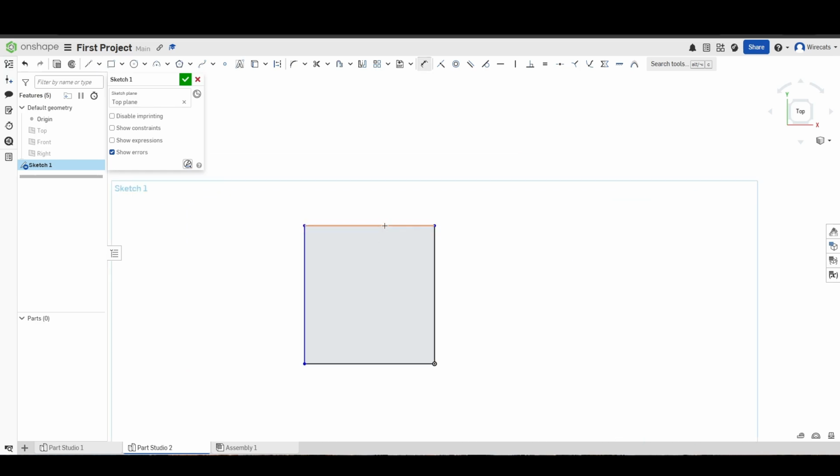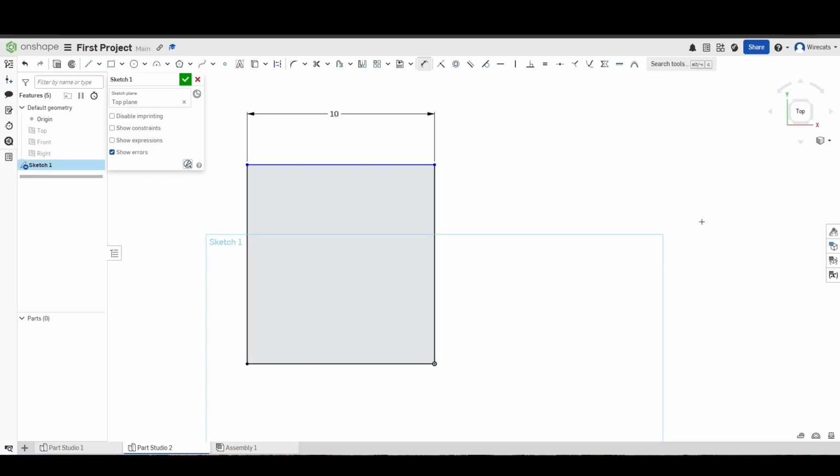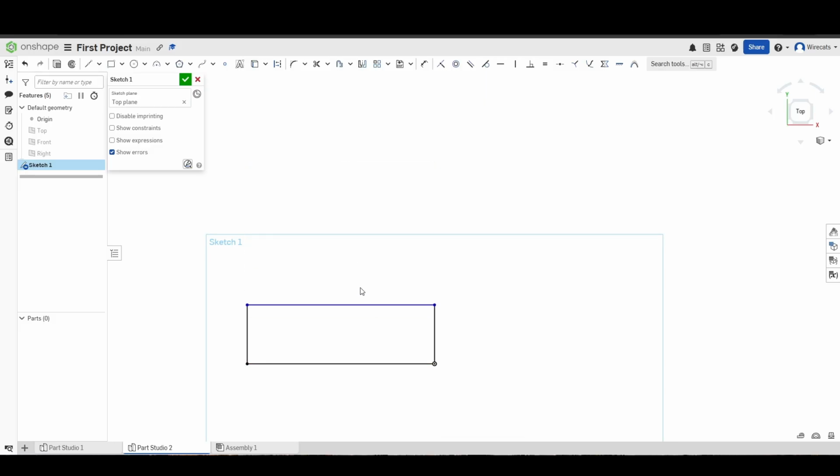Let's put a dimension tool on them. Let's say I want this to be 10 millimeters, right? So now these two sides are forever 10 millimeters apart from each other until I change that. So those are locked. Now up and down, well, I can still move this. So what I could do is I could add a dimension to this side to stop it from moving, but